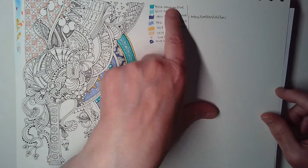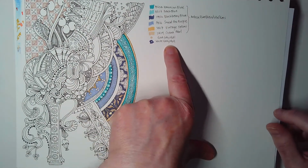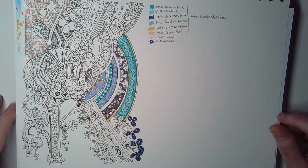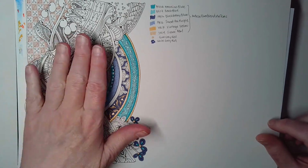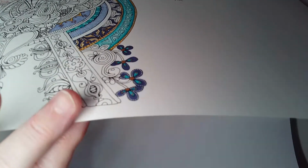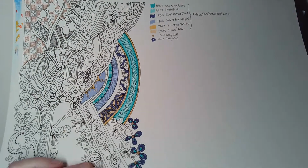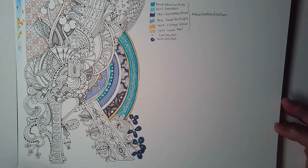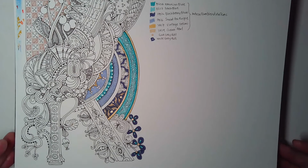And I kept track here of what I was using, just so that if I clear everything away, and decide to come back and use the same colours, I can. I'm keeping this as it is. I mean, it did bleed through a little bit through the back. I've got some just printer paper underneath to stop it marking the sheet underneath. But I just thought, this is just,